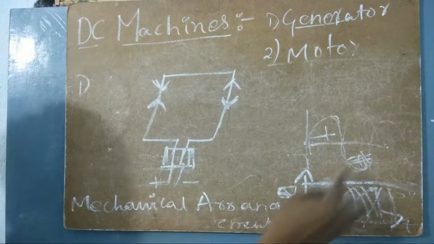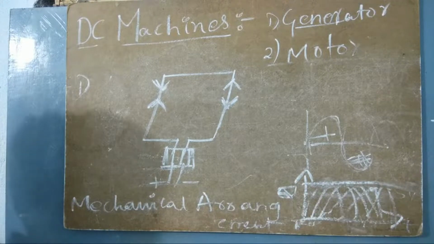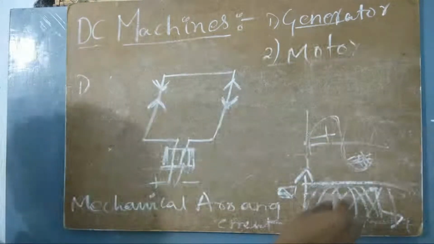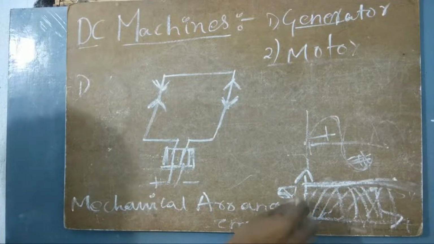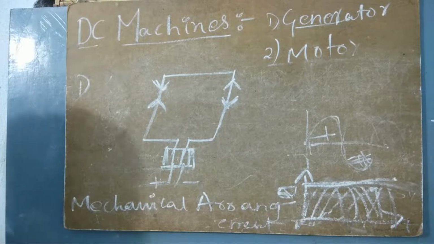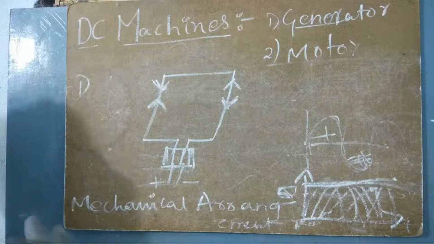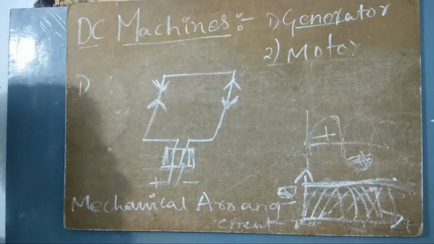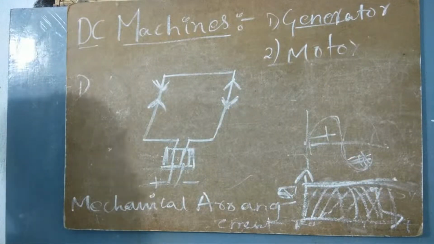What happens? The negative cycles are getting cancelled, and because of that I'm getting only positive cycles. The peak values all merge together to form one single magnitude, let us take it as 5 volts. So this 5 volts is going to be there for whatever the time it is. Understand? You have to imagine all these things. If you don't have that kind of imagination skill, it will be difficult for you, but mostly you can improve it. Don't worry about it.